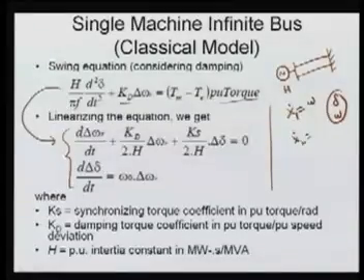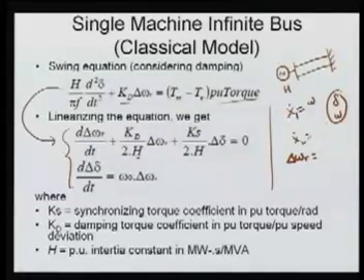Here this is a differentiation with reference to omega r. Omega r is nothing but your relative per unit speed. Kd is your damping constant, H is your inertia constant. This change in omega r, here Ks is your synchronizing torque, divided by 2H, multiplied by your change in delta. So this change in omega r is nothing but your speed deviation